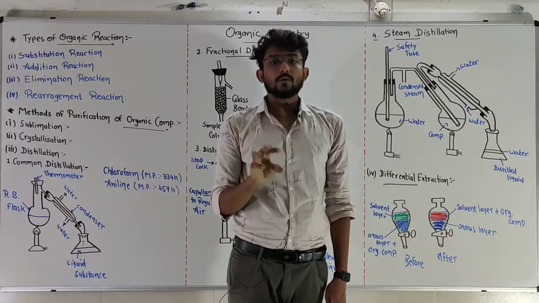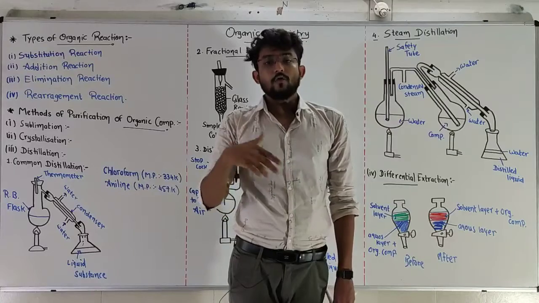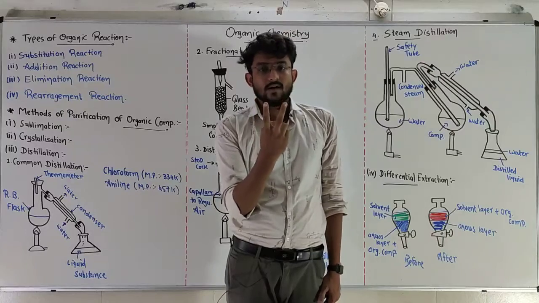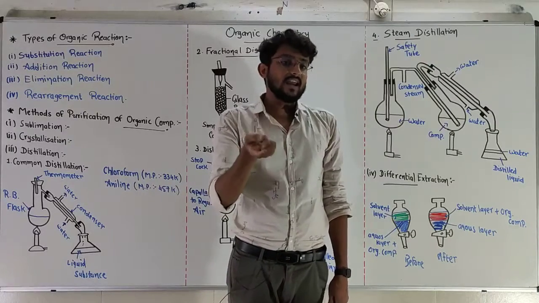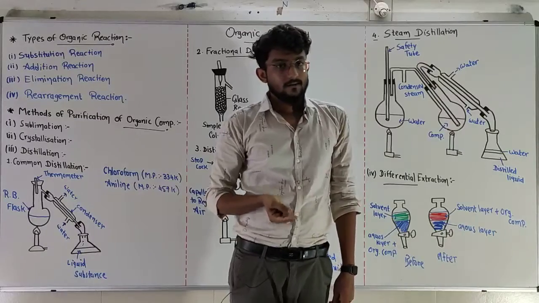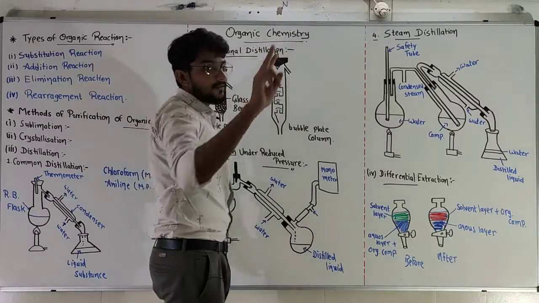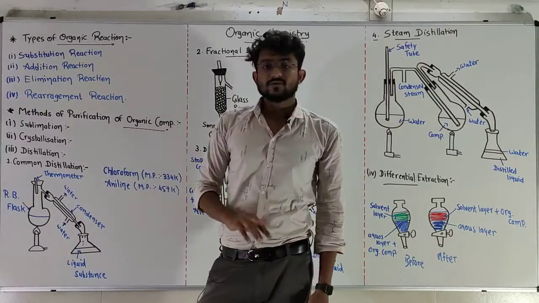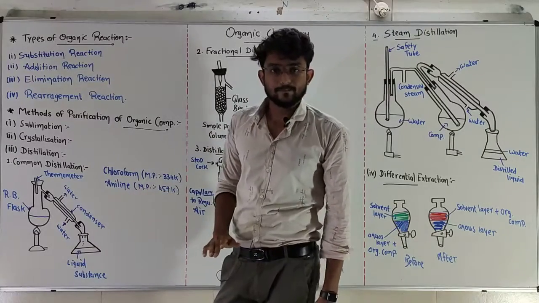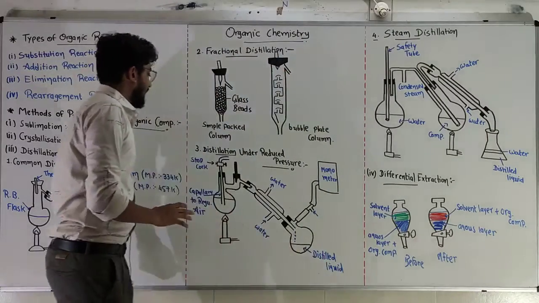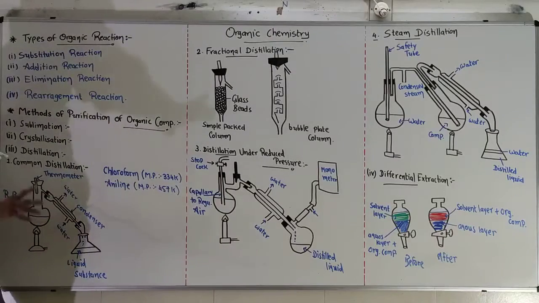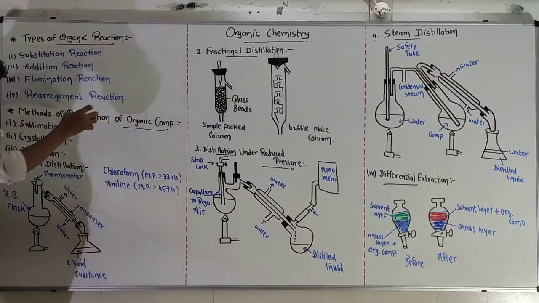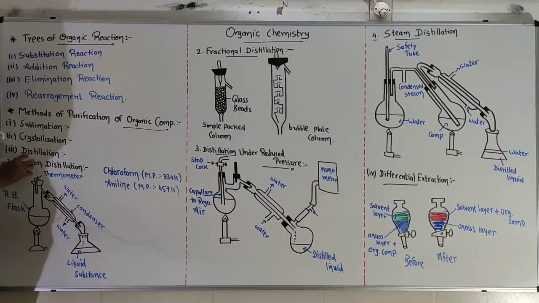So that was for more than two substances. What can we do if we have only two substances which have a small difference in boiling point? Fractional distillation is useful when there is a small difference in boiling point, and common distillation will be used when there is a large difference in boiling point. So fractional distillation can be carried out in this diagram again, but there is only one difference. This particular simple packed column will be placed into the round bottom flask.